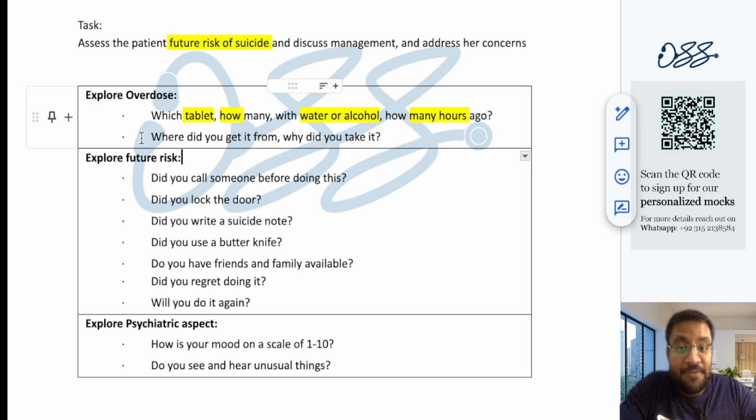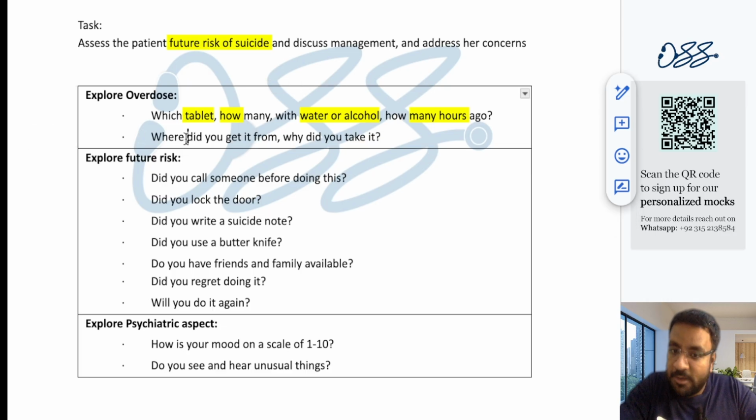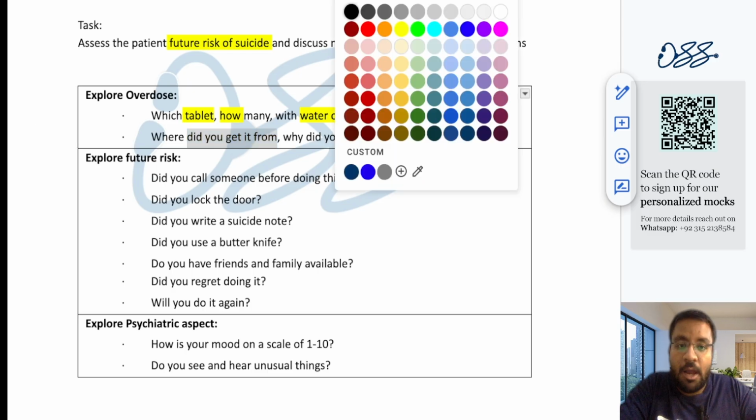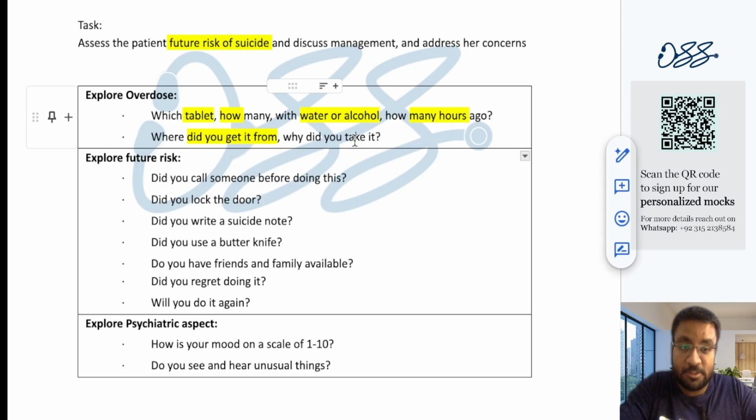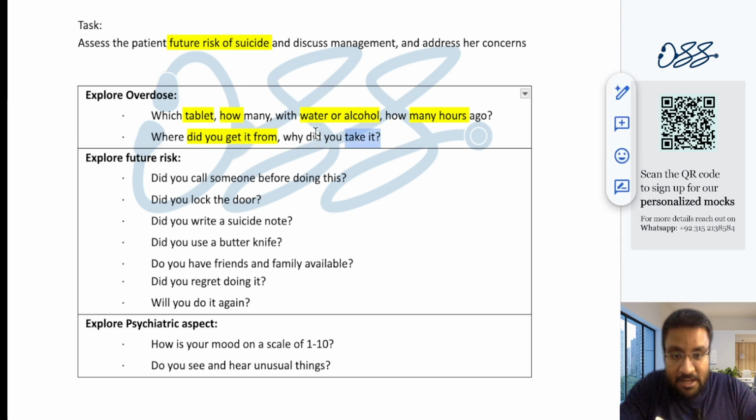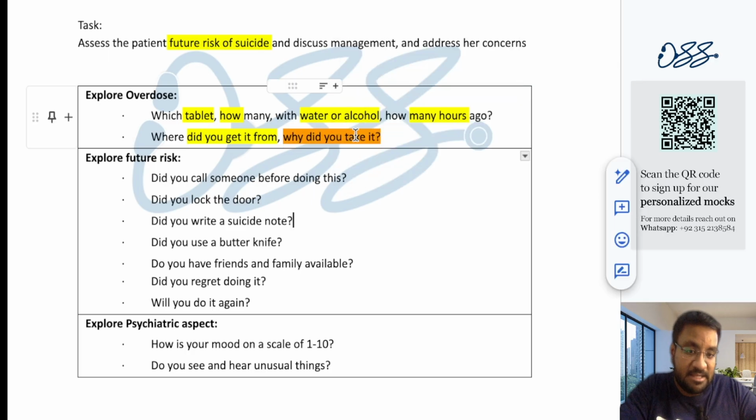Okay, then where did you get it from? Okay, was it an over the counter medication? Did someone supply it to you? Was it prescribed to someone else? Like, for example, maybe your mother is taking the OCP, your mother was taking paracetamol for a fever, and you just took it. Okay, and then why did you take it? Okay, this question is really important, why did you take it? Okay, and after you're done asking these 5 questions, this question becomes a bit tricky, because